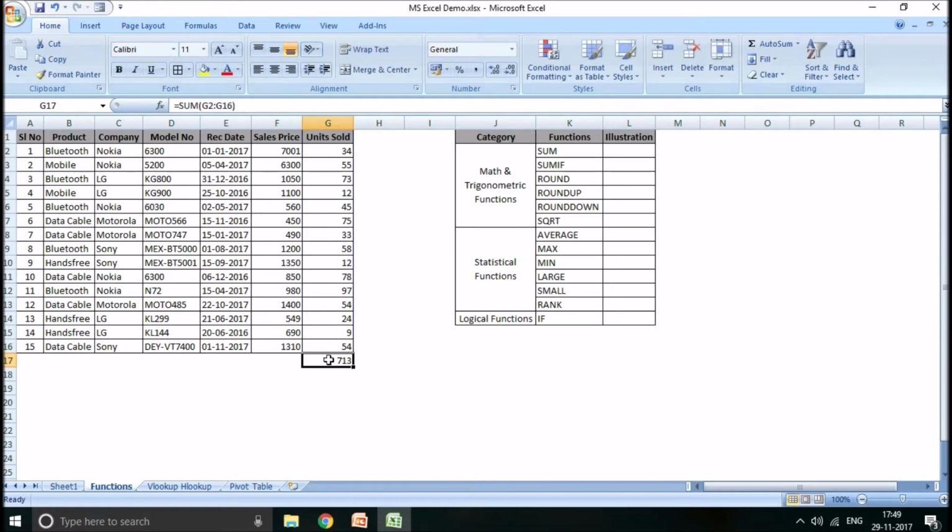Now this will give you the sum. So this is how you work with formulas. You start with is equal to, then write the function, open the bracket and then do whatever you are supposed to do with that function. For instance, say here you want to see the total revenue.